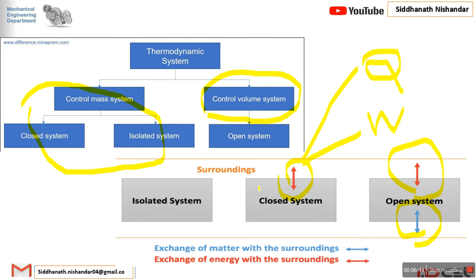Now focus, if we see different examples of closed system, that closed system is surrounded with the control mass. In a control mass system there is no effect on mass, it remains constant. So such a system is called a control mass system. In an isolated system, what amount of mass we keep in the chamber, like a thermos flask, remains the same, there is no effect, it doesn't cross the boundary. So that working principle depends on the control mass system.